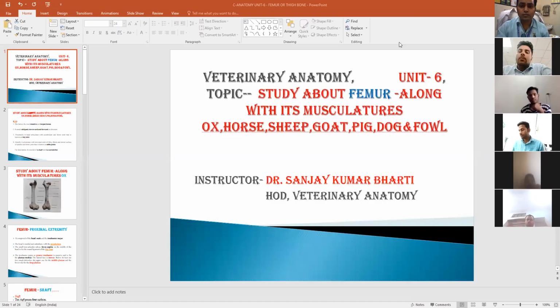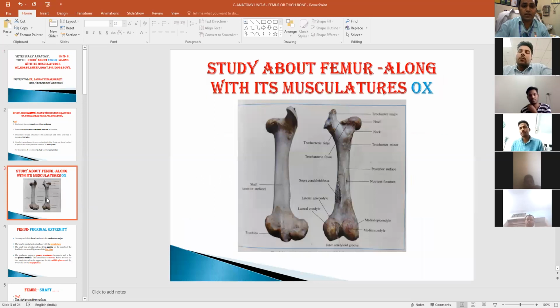So we have completed the major structure of this femur bone, mainly concerned with the proximal extremity and the shaft. I think this is visible to you all. Yes, sir. So we have completed the structure of the femur of the ox, and for the description, as